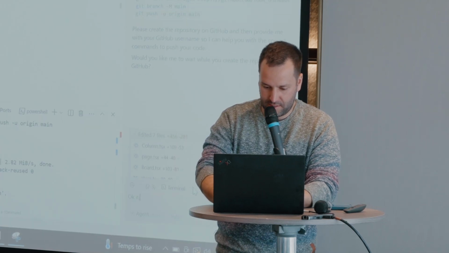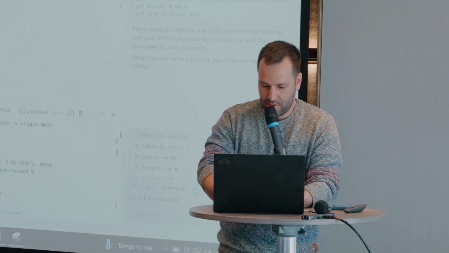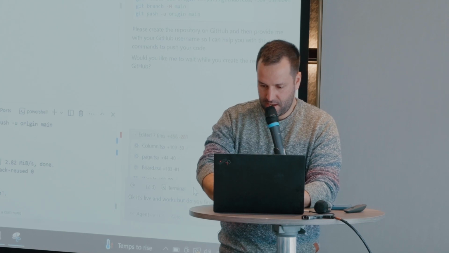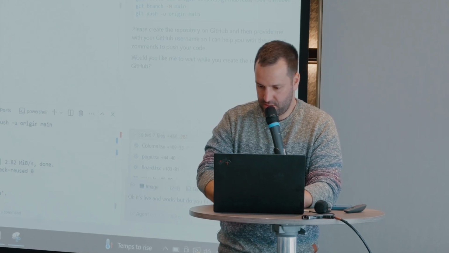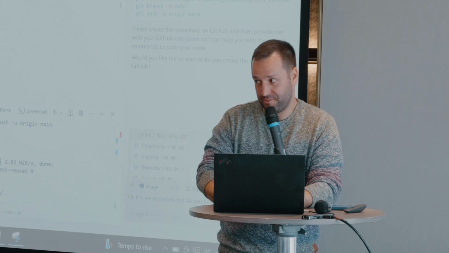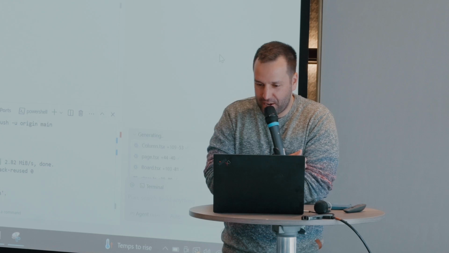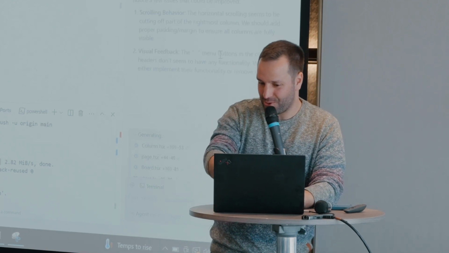Okay, it's live and works, but do you find anything wrong? Yeah, we don't have the database. Now we have just the UI. Oh yeah, you see, scrolling behavior.